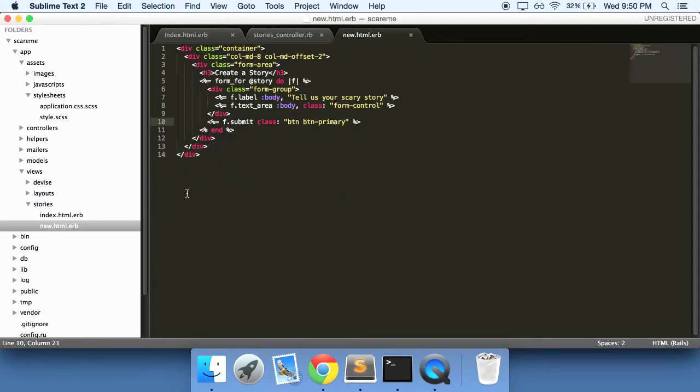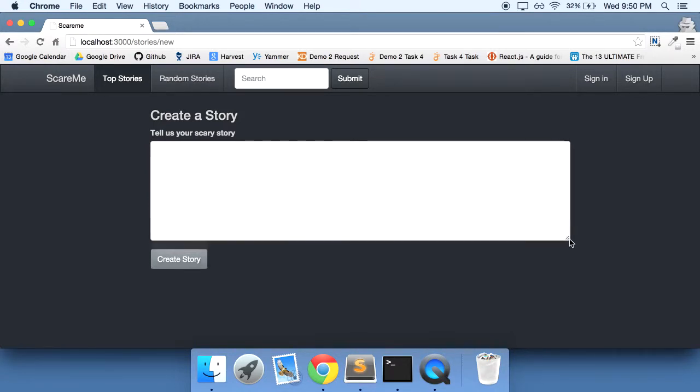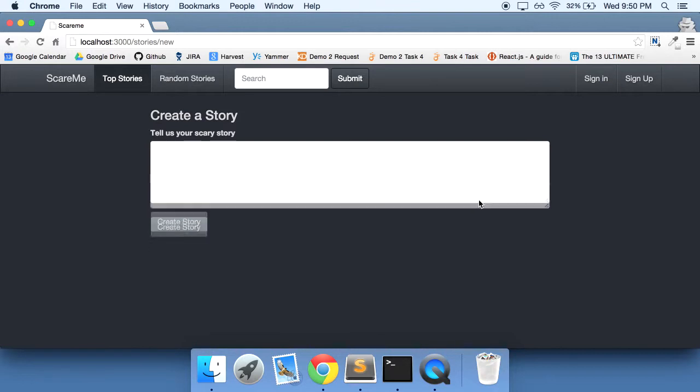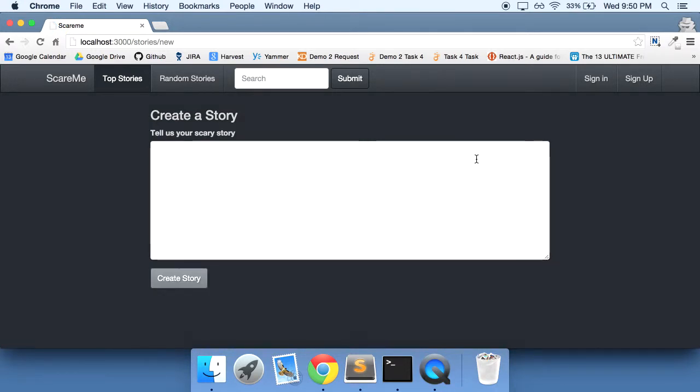So let's see what we can do. And actually, I'd like this body right here to be a little bit bigger. And I know you can just click and drag it and resize it however you want, but initially I'd like this to be bigger. So this text area here, we can say rows, and let's just say 10 rows for now. Do a refresh. There you go. It made the text body bigger. So if we say testing my very first story, create a story,